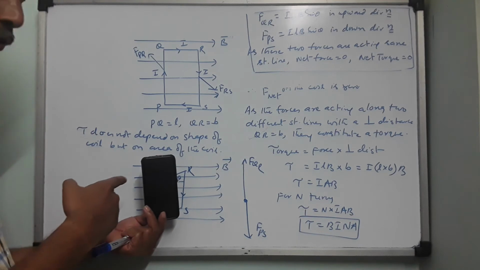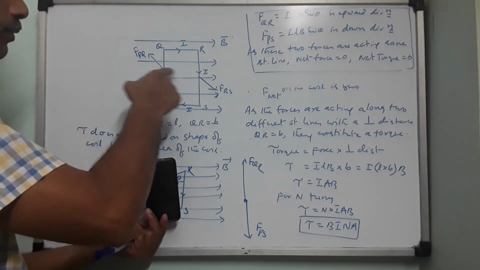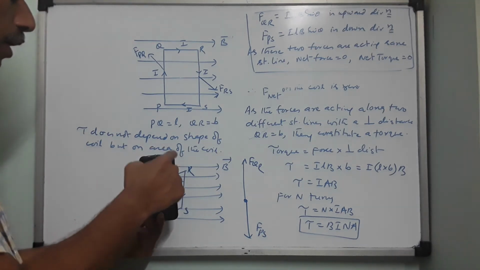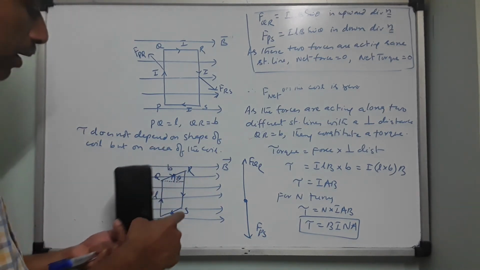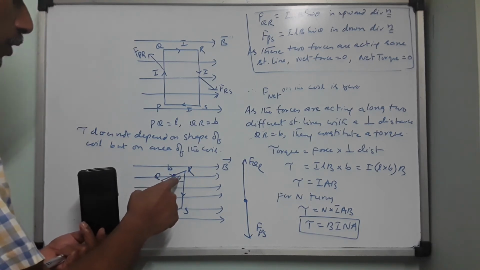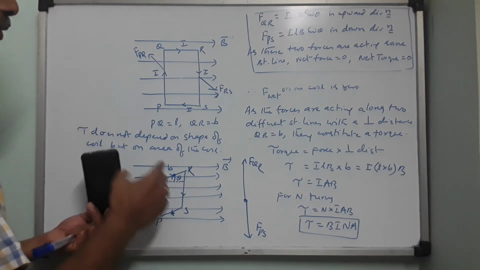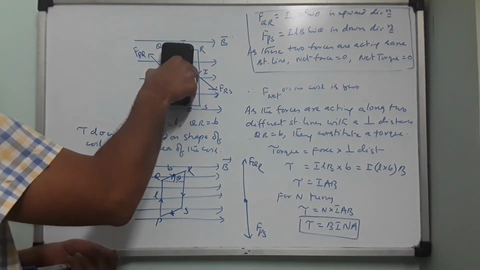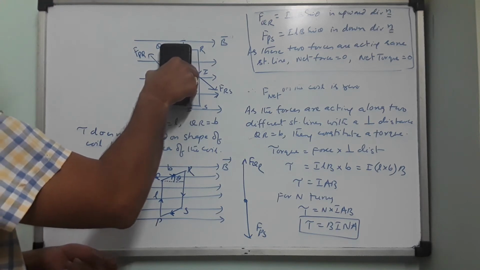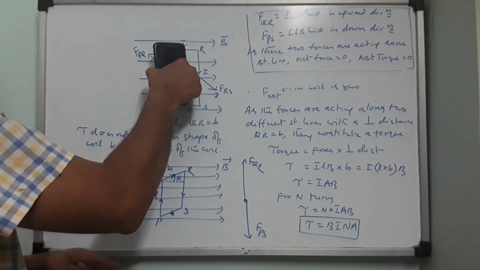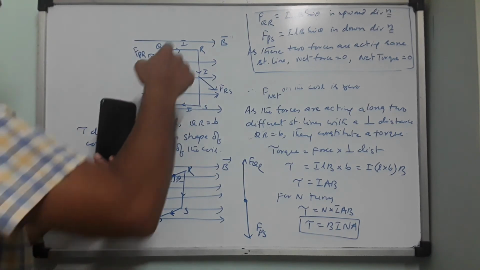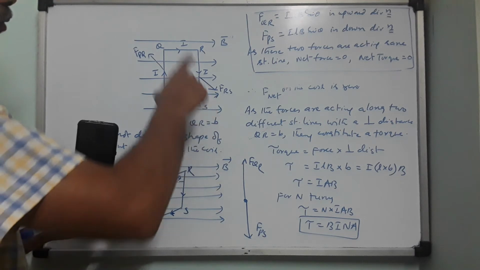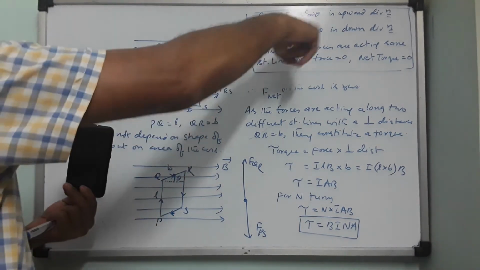So the direction of force also will remain the same as this one. There is no change in the magnitude of forces on sides PQ and RS. But there is some change in the magnitude of forces on QR and PS. Earlier, for this position, the force on QR and PS is 0 Newton. There is no force. But when it turns like this, the force cannot be 0. There is some force, maybe 10 Newton in the upward direction and 10 Newton in the downward direction. But both of them are equal and opposite in direction, so the net force will become what?